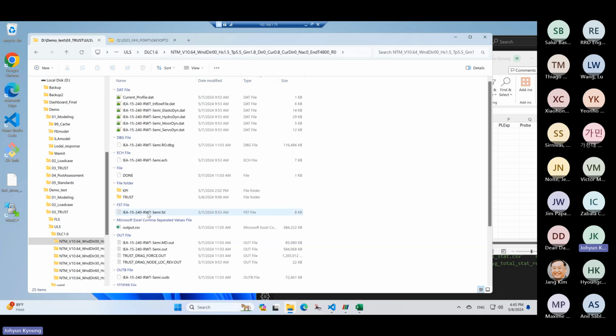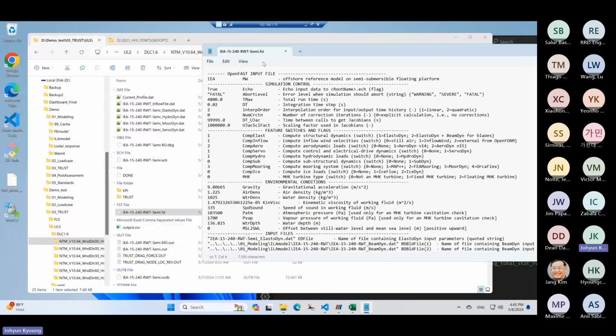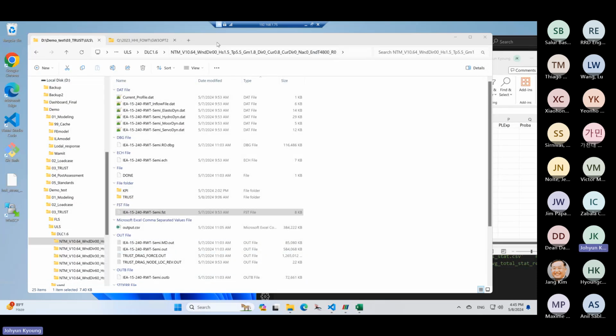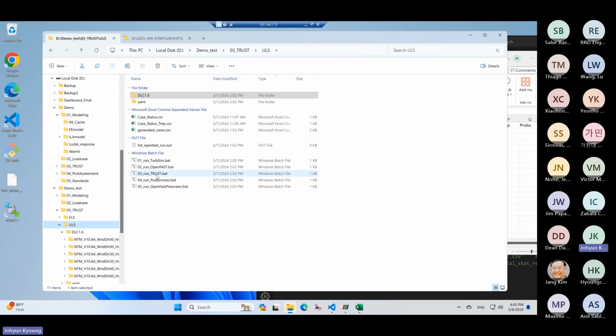This OpenFAST run is for 4,800 seconds with a 0.02 second time step. So OpenFAST is run, and the next step is the trust run. When you click this trust run, it reads the OpenFAST result, and with the structure information, it generates the